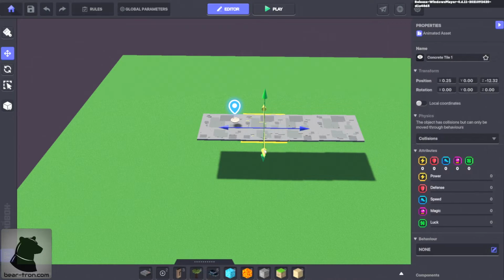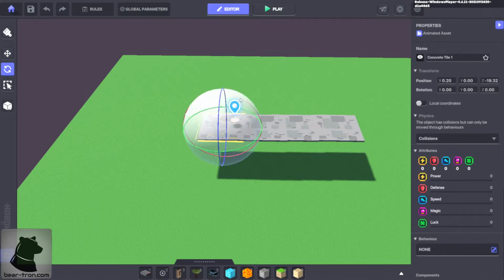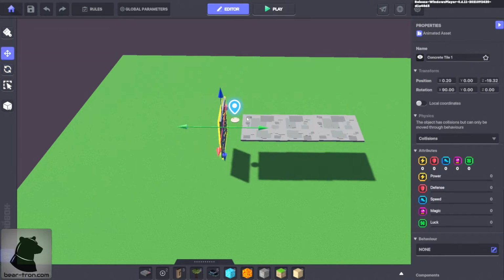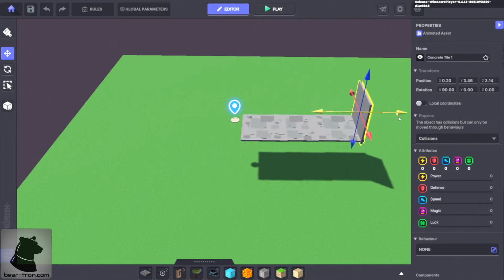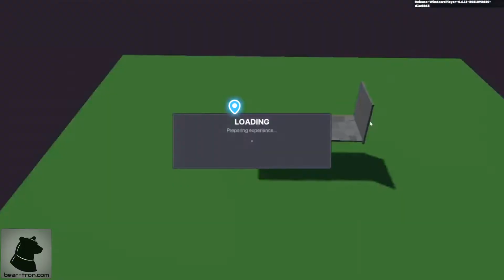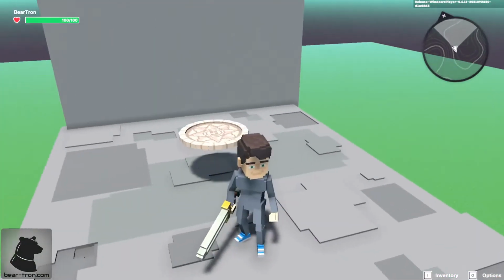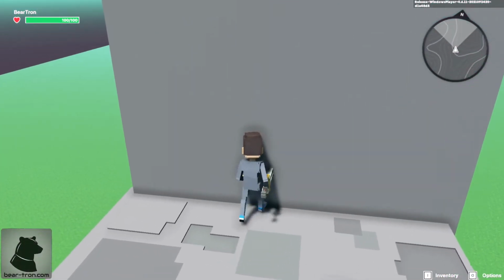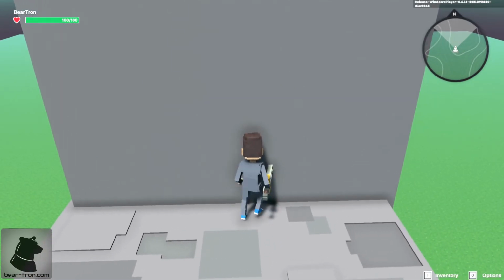Let's try something different now. Let's take this one and come on. What's going on? There. And put it here. No, actually, let's put it here. Okay, so that's a wall I can't go through. You can see it's